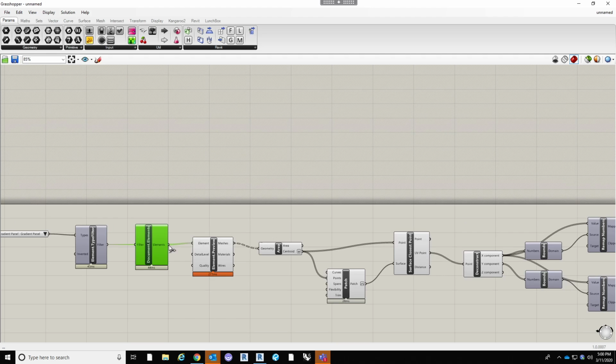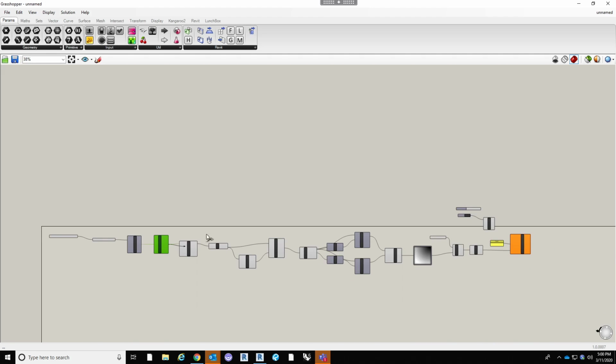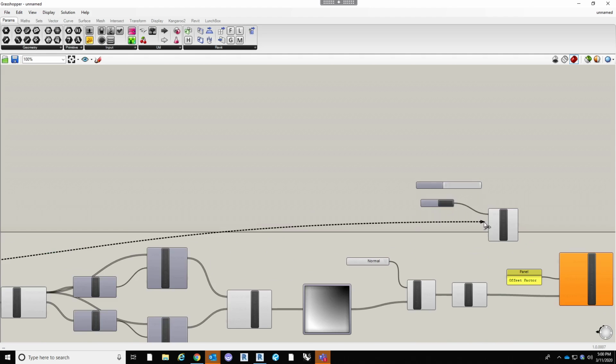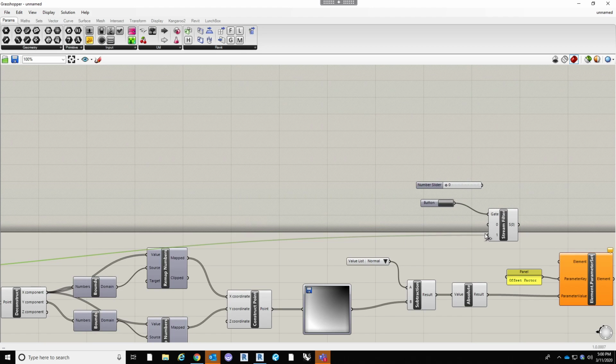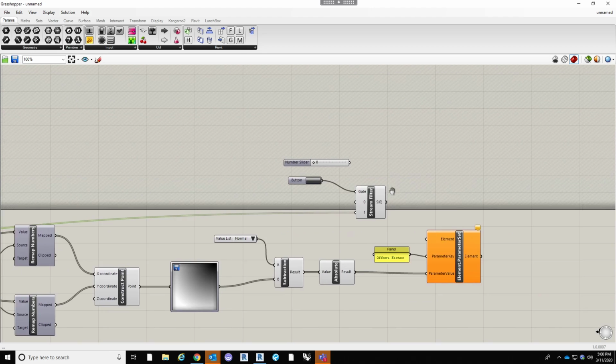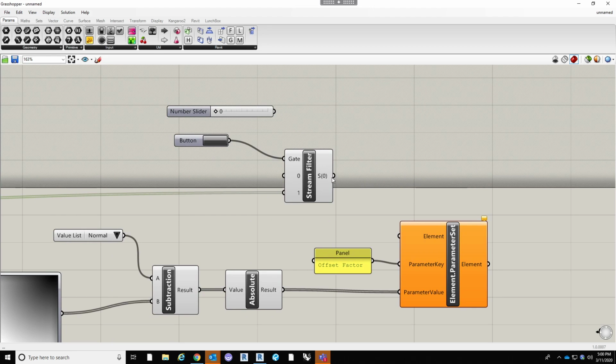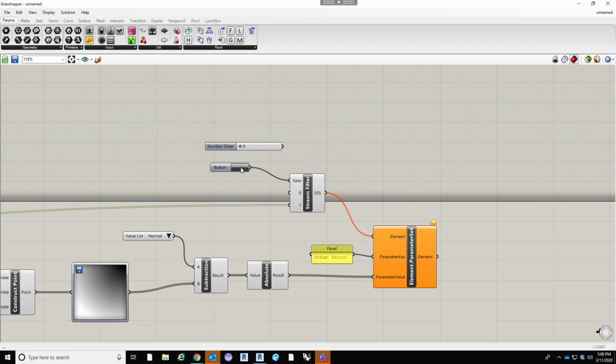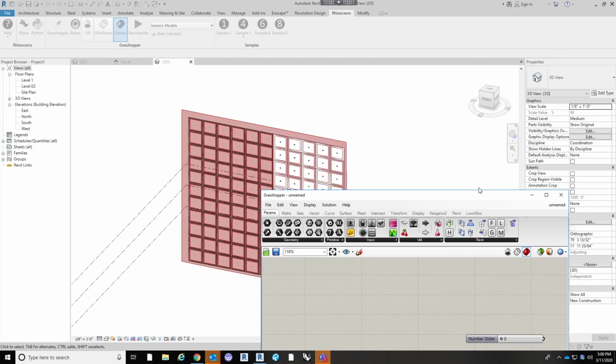No, the other one here. There we go. We want the elements of there. And then we want to plug those elements into that stream filter into the element, and then when we hit true, it's going to run. And then if we drop down,